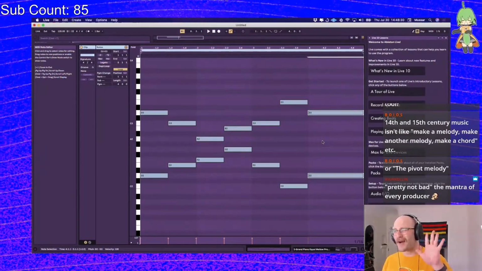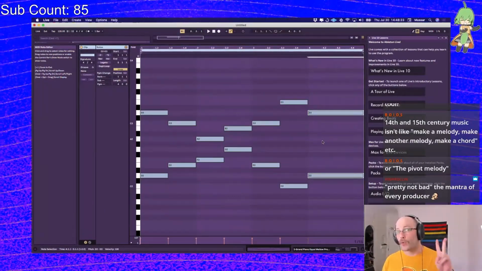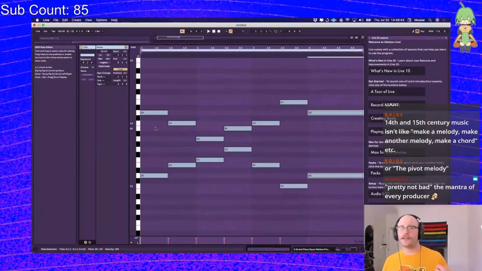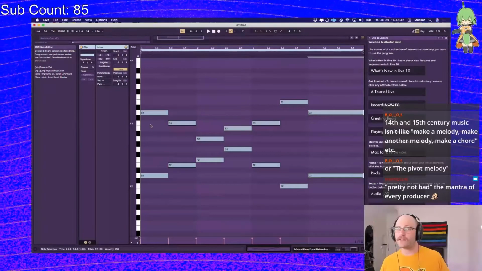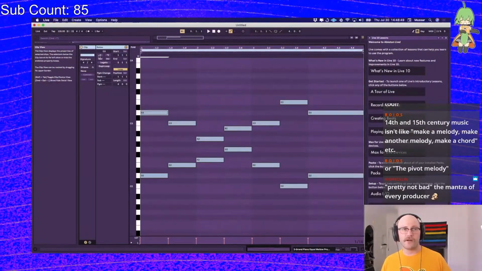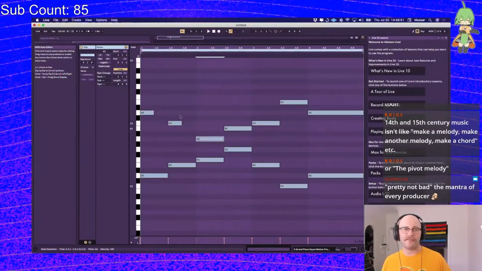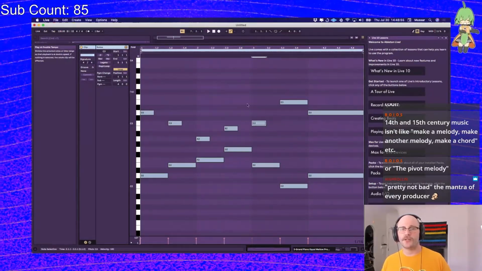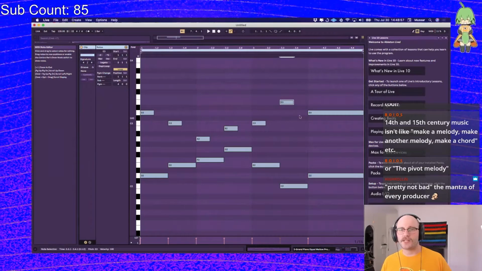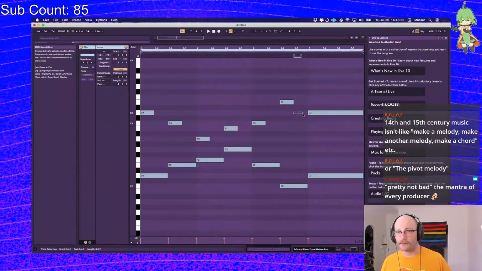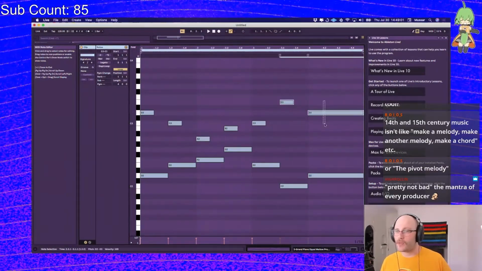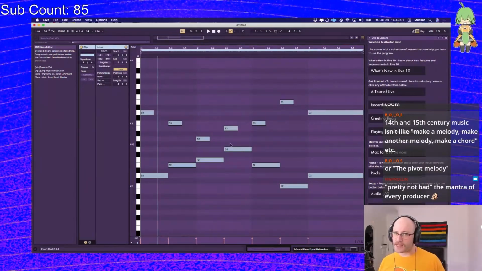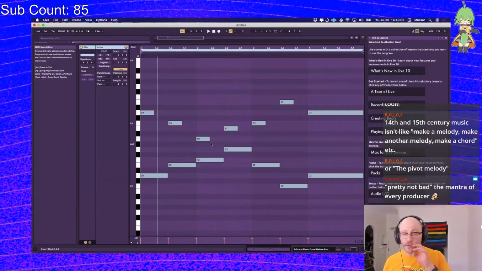There are, I believe, 5 different species of counterpoint. We're only going to talk about the first 2 today because this is already getting a bit long. To do second species, all we have to do is take every note, shrink its duration by half, and try and find some note that allows us to step in between the note we had and the note we land on.